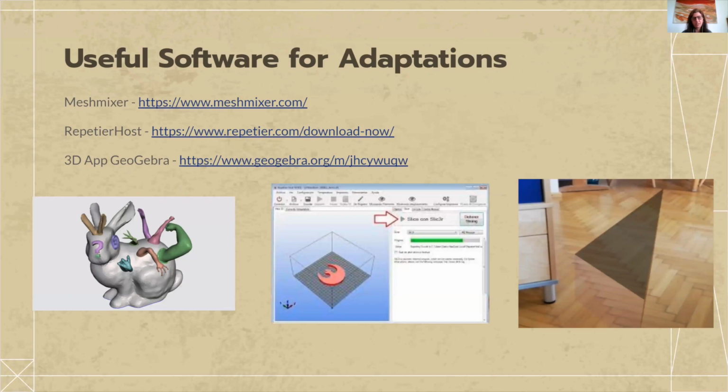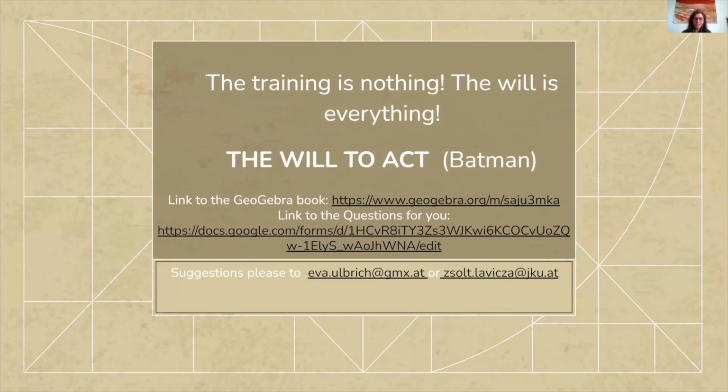For repairing, sometimes it needs repairing. You can also do that in the Repetier host because it makes use of the internal repairing possibilities that Windows has. So this is some software I already showed you last time. That's just useful to adapt your model if you're not happy with it. And that's already basically the end,